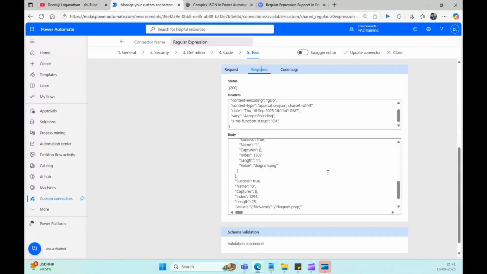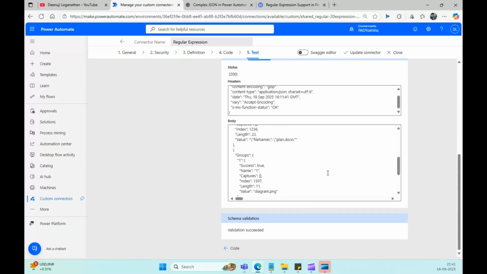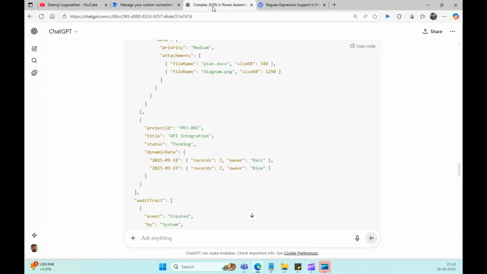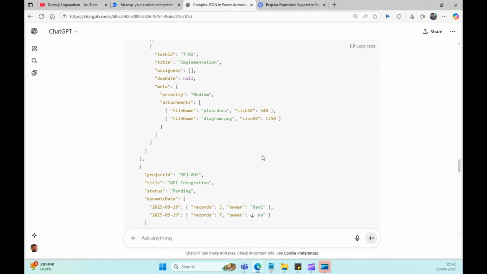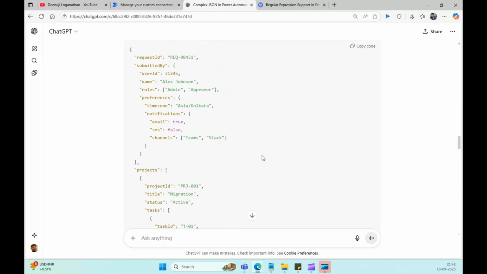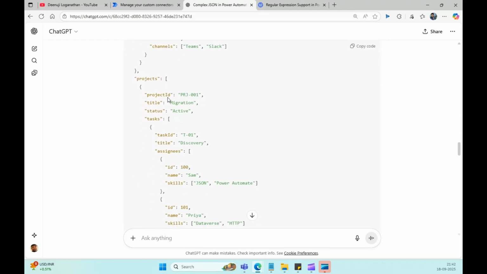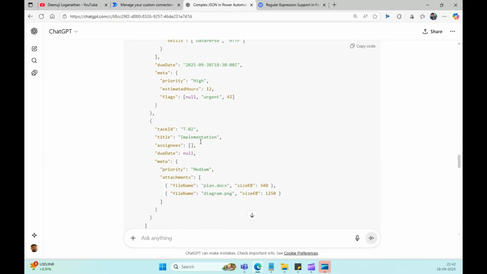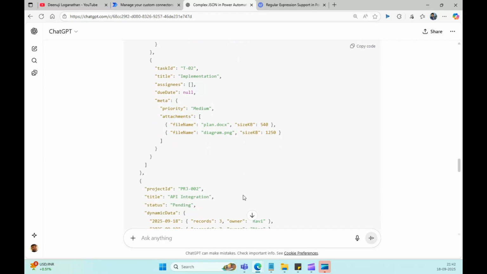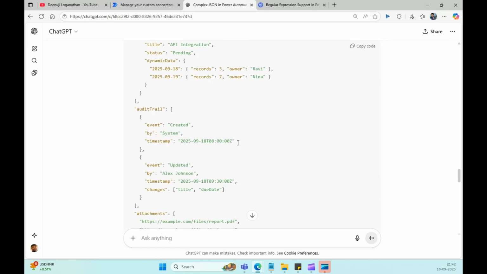Okay, you can see here it extracted all the attachments from the JSON. There is a value plan.docs and diagram.png. So these are the attachment names available in the JSON. Let's quickly verify that once. You can see there are no attachments inside the projects array. In task 2 there are two attachments, plan.docs and diagram.png, and apart from that nothing